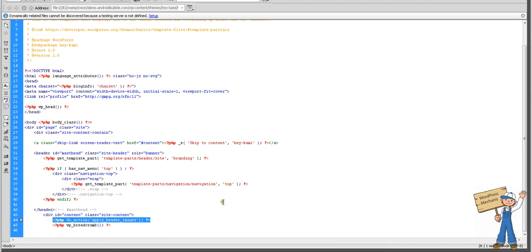So it has nothing to do with any sidebar area or widgets,